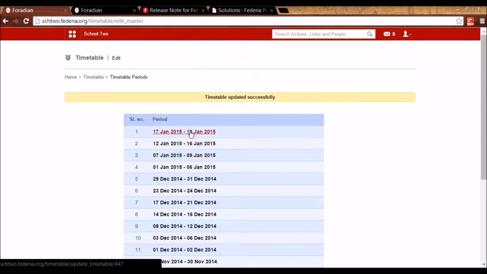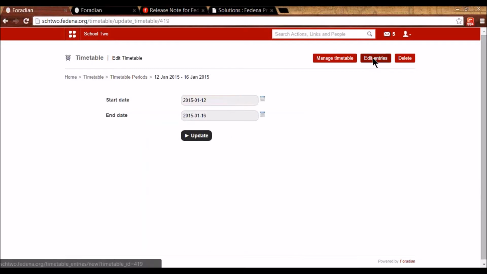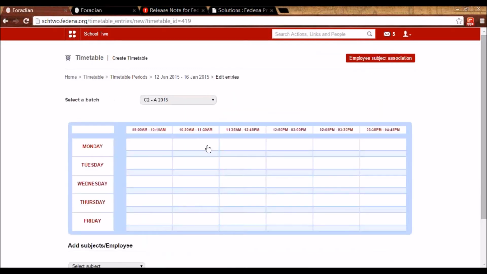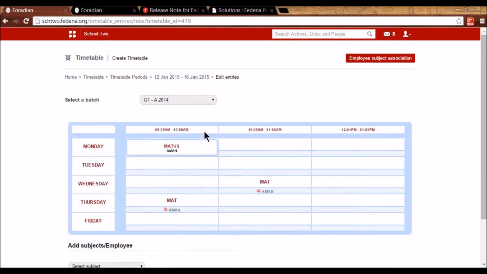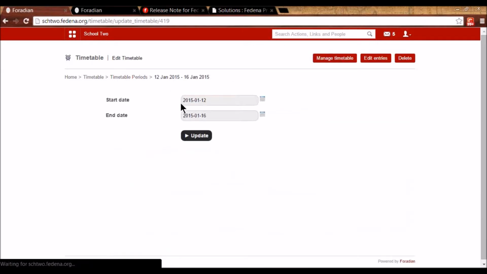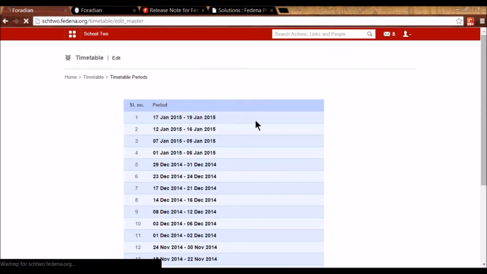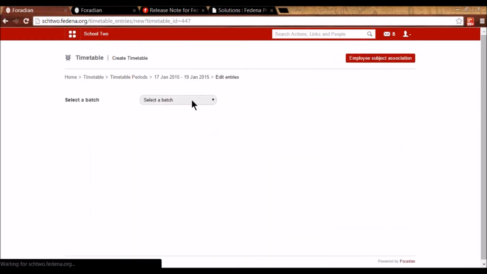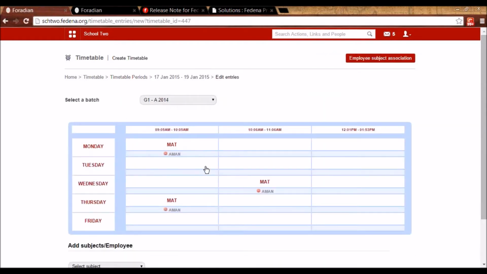And you will observe that both the timetables will continue to have the same settings. So here for 12th to 16th, when I edit entries, I will be able to see the changes that I have here. And similarly, I'll be able to see them for the other timetable that I just created for a particular batch. So you will see that the timetable entries remain.